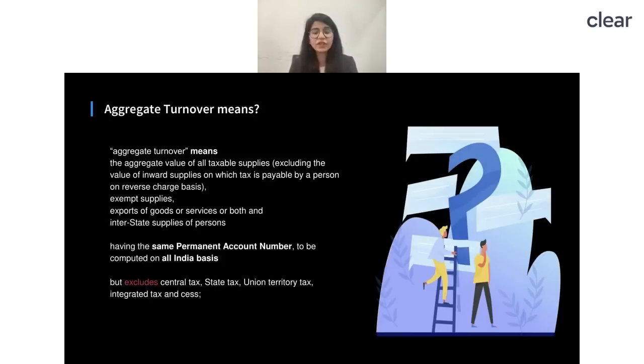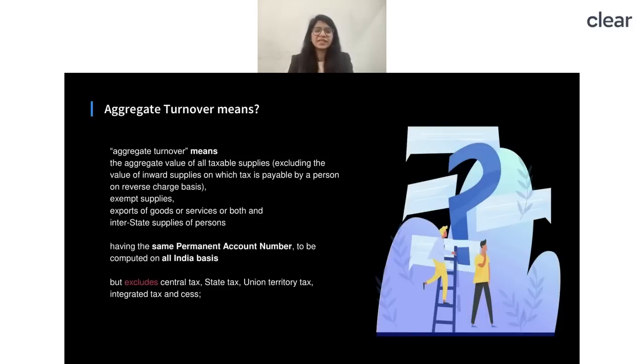Whenever we are checking for this turnover limit, the aggregate turnover limit, we have to check from 2017 till the last previous year. So in our example, if today I'm checking my limit, I have to check this till 31st March 2023, which is financial year 22-23. That is what I will be checking. If aggregate turnover has exceeded in any of the years from 2017 till 22-23, in such a case I will be required to generate e-invoicing. But if it had not exceeded in any of the years, then it is not applicable from 1st August